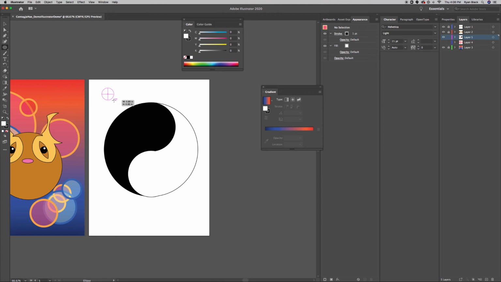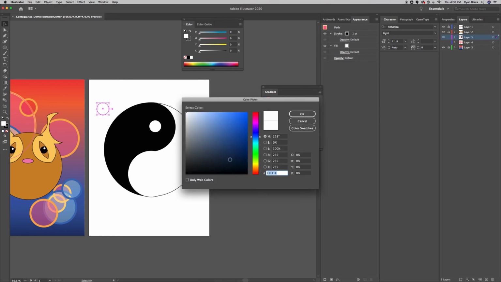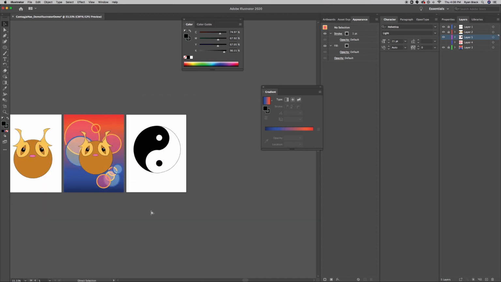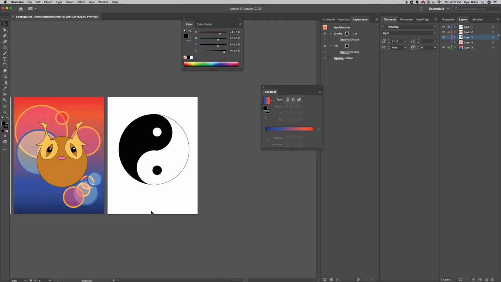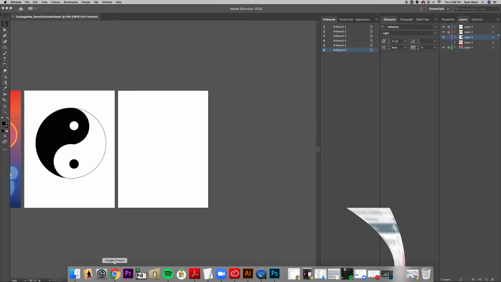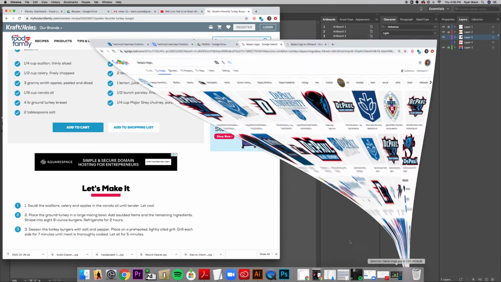So I'm going to add another artboard and show you guys one more interesting thing that you can experiment with. There's my turkey burger recipe again. We've talked so far about layers, locking layers, artboards. We've talked about creating shapes and utilizing the shape building tool. We talked a bit about stroke, fill, your selection tool. We haven't talked about the direct selection tool yet. We may or may not get to that one today, but I do want to show you how to create